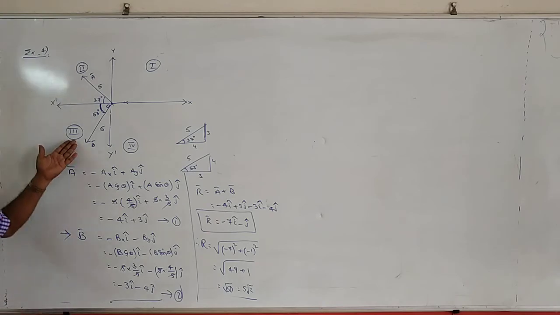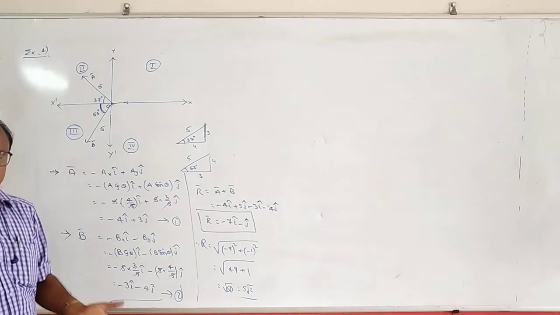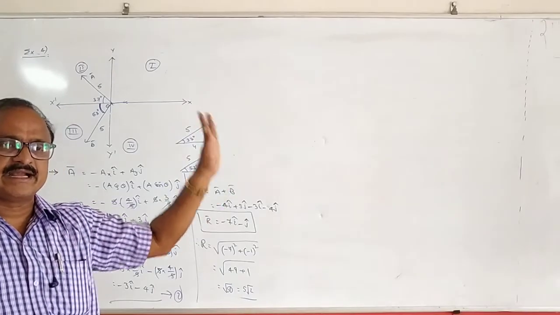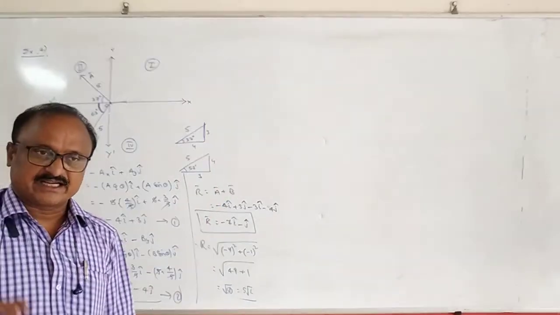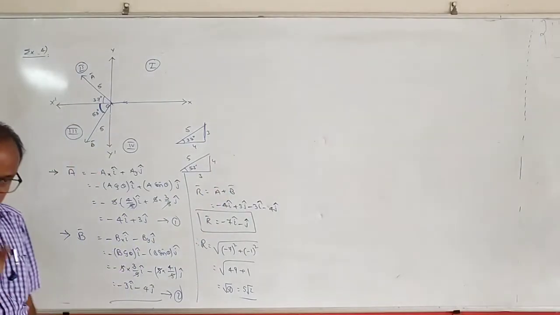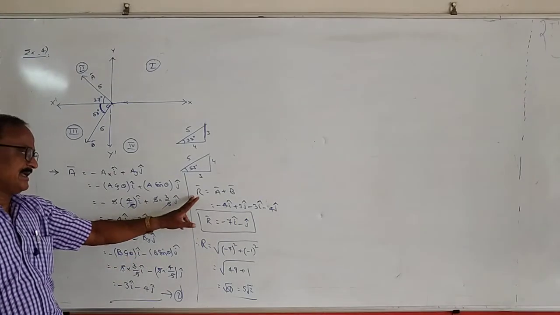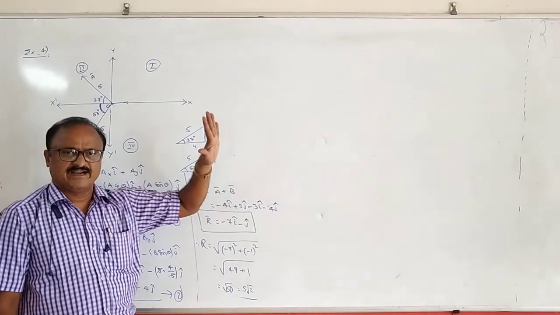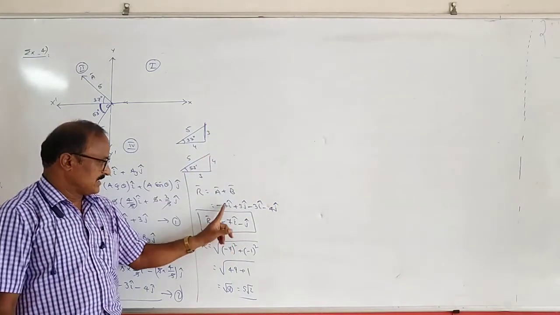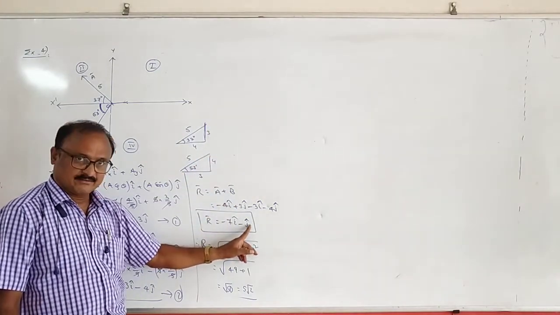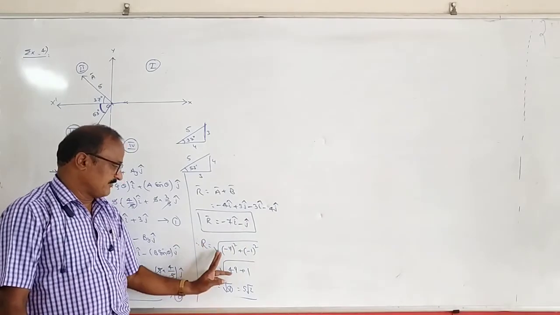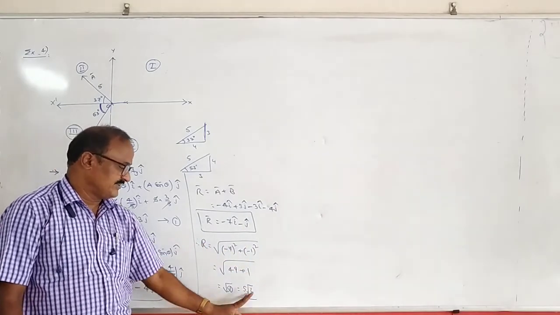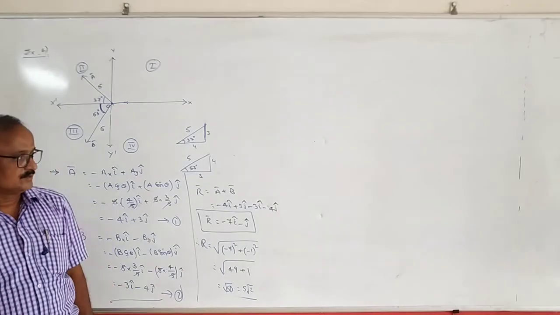Here there are two vectors only, maybe 3, 4, 5, 6 and so on. So many vectors can be there in a given plane. For each vector we can write down the vector form, and the resultant r bar should be equal to a bar plus b bar plus c bar plus d bar and so on for infinite vectors. After that we can solve in terms of i bar and j bar. So the resultant is equal to root of x square plus y square, root 50. Right? Okay.